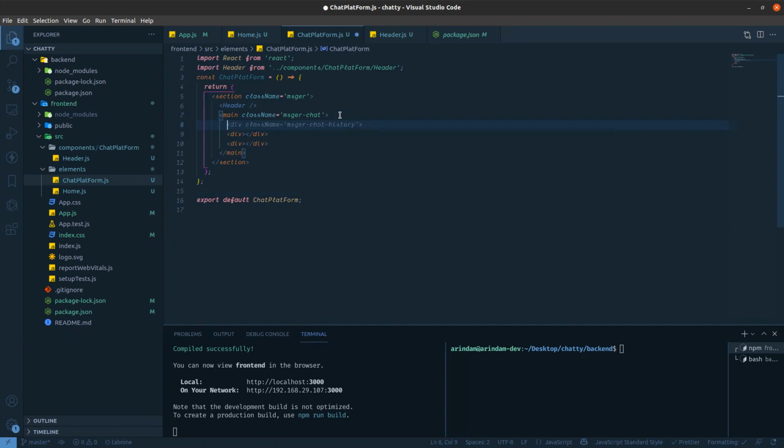the left message. So what is the left message? Left message means the message sent by the other person. And the second is the right message. So what is the right message? Right message means what we have sent. Like, I am joining the room and my friend has joined the same room. So the left message is my friend's message, and the right message is my message, what I have sent to my friend.